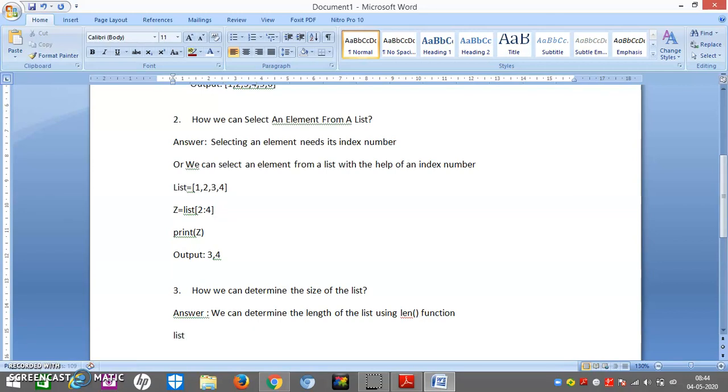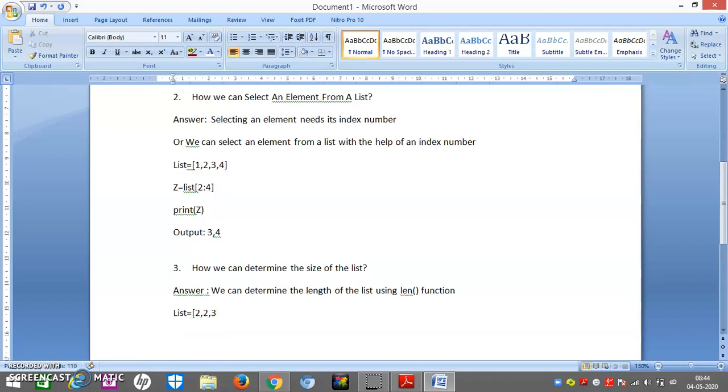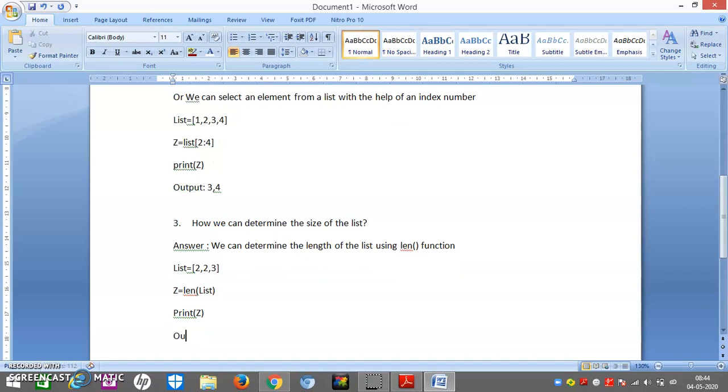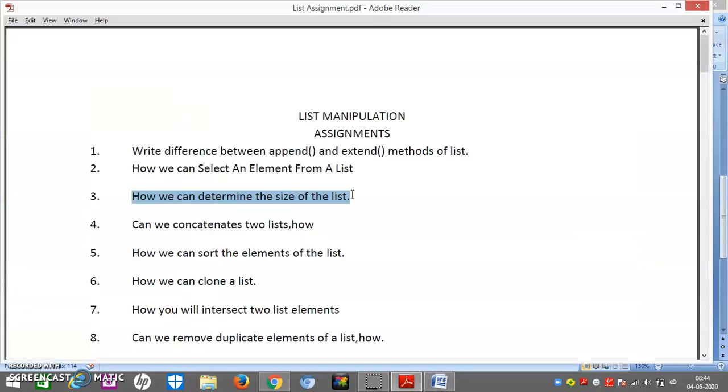For example, if I take a list equal to 1, 2, 3, whatever it will be, now I use z is equal to len(list), where L is capital, and I will print z. So my output will be 3. So friends, you have seen how we calculate the size of the list.